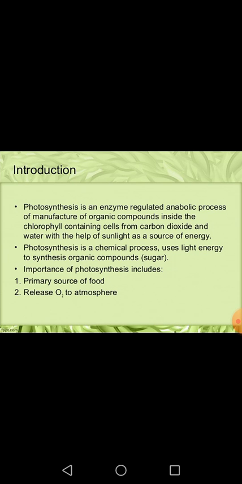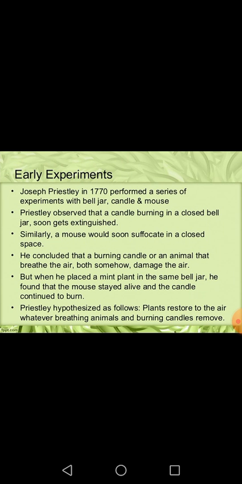So we can say that photosynthesis is a biochemical process, an anabolic process which involves the synthesizing of organic food with the help of carbon dioxide and water in the presence of sunlight. And students, today we will discuss the various experiments performed by various scientists during the discovery of photosynthesis. So the initial credit goes to Joseph Priestley, and during 1770